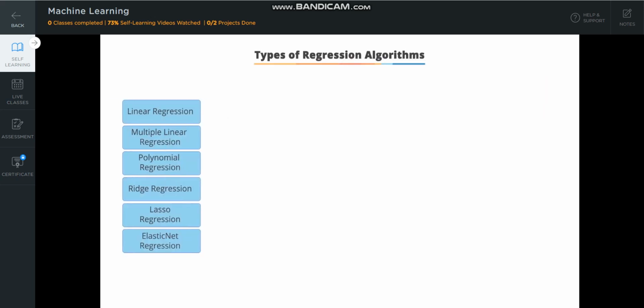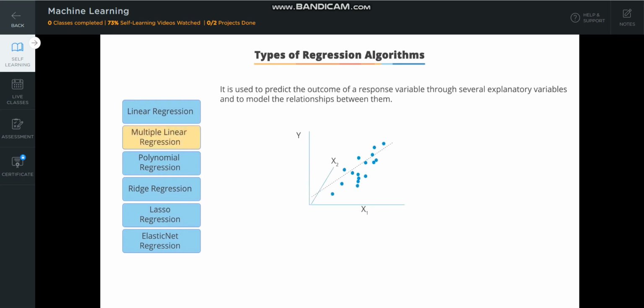What is multilinear regression? The multiple linear regression explains the relationship between two or more independent variables that are x1, x2, x3, etc., and one continuous dependent variable that is y. It is a statistical technique used to predict the outcome of a response variable through several explanatory variables and models,